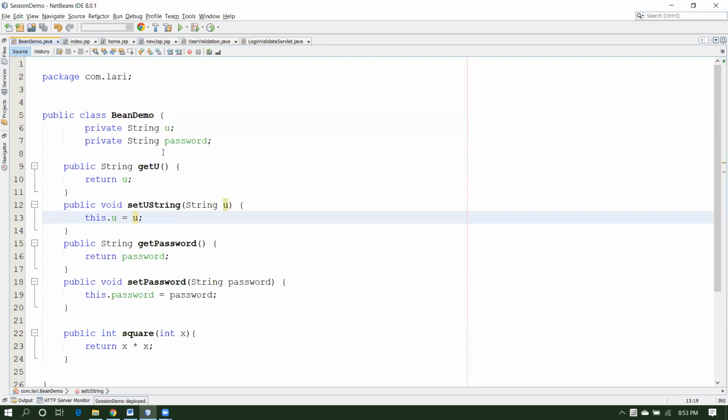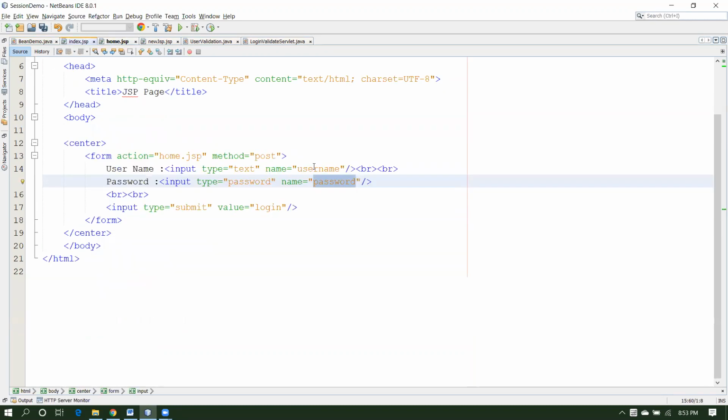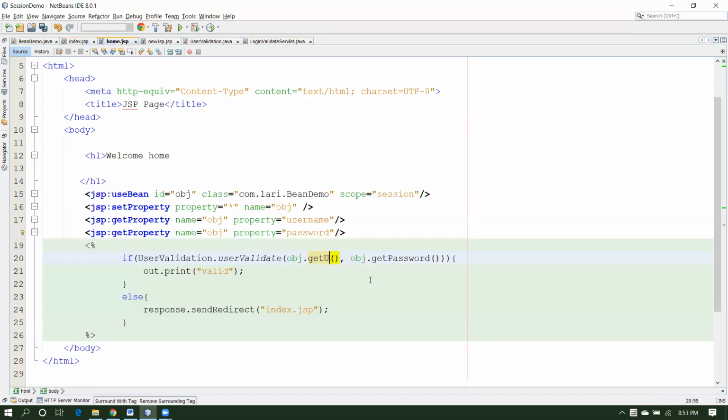What if we change the username to u? The property that you are using in the JSP to set the property of all the values that are mapped equally will not work with the method get u or set u. Why? Because the properties coming from the request are username and password. So if you want to set the value to u, you will write like this,